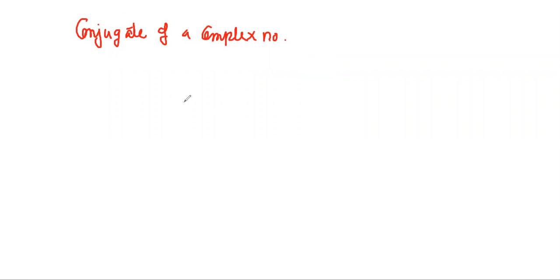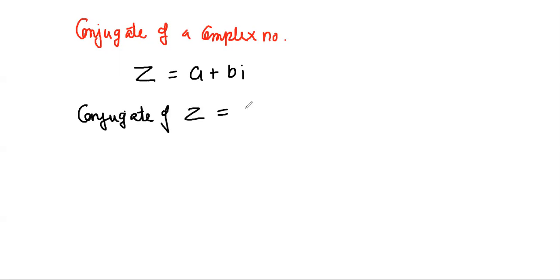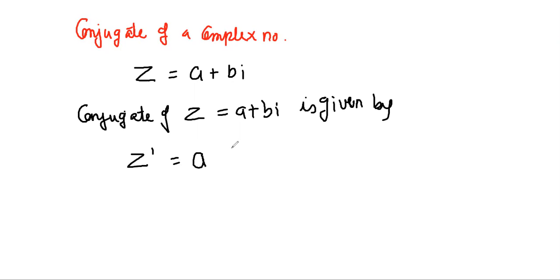Please check your mic. So conjugate, now there's a word called conjugate. So what is conjugate of a complex number? Suppose if I write down z is equal to a plus bi, if I write down a complex number by this, then conjugate of z is given by, अक्सर हम ये z को z के ऊपर डैश डाल देते हैं, z डैश या z स्टार भी करते हैं, और जब कॉन्जुगेट लिखेंगे ना तो साइन चेंज होता है, जो मिडिल साइन रहता है ना, अगर ये प्लस है यहाँ पर तो यहाँ पर माइनस हो जाता है, इसको हम कॉन्जुगेट बोलते हैं। ठीक है?